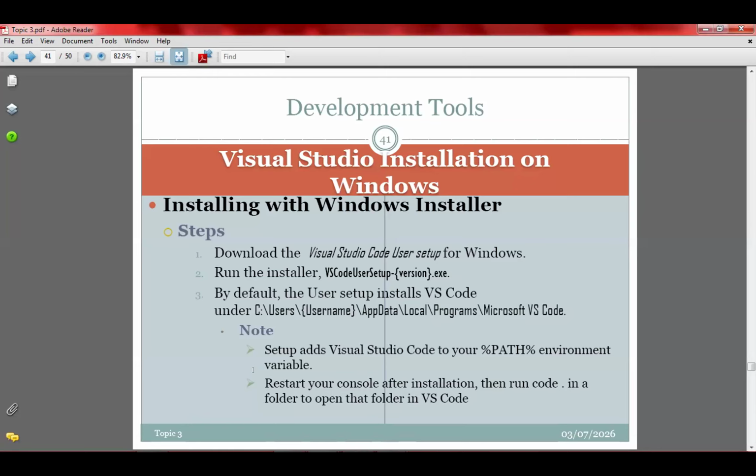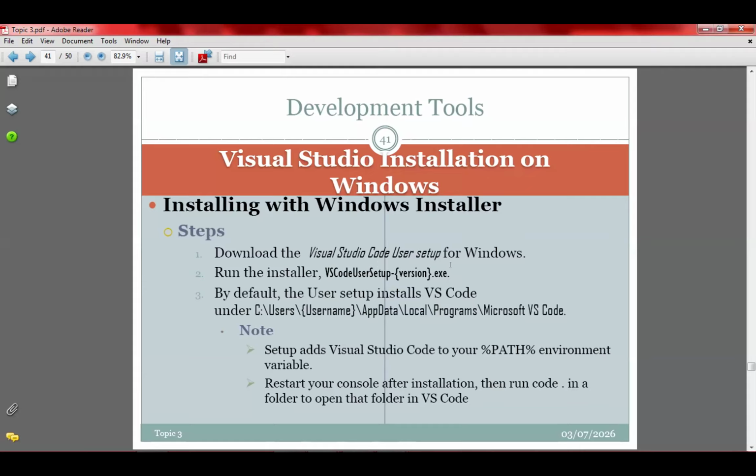First, download it. Download the Visual Studio Code. Go to Google, type Visual Studio Code setup. It will send you to Microsoft, and then you download the setup. The setup is known as VS Code User Setup version.exe.